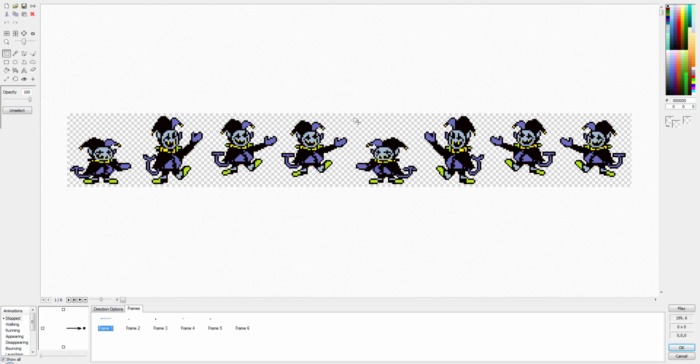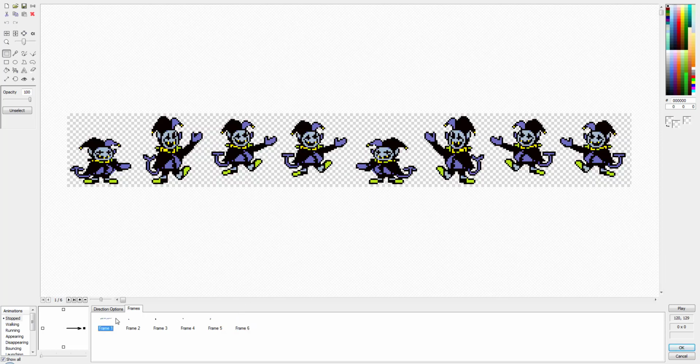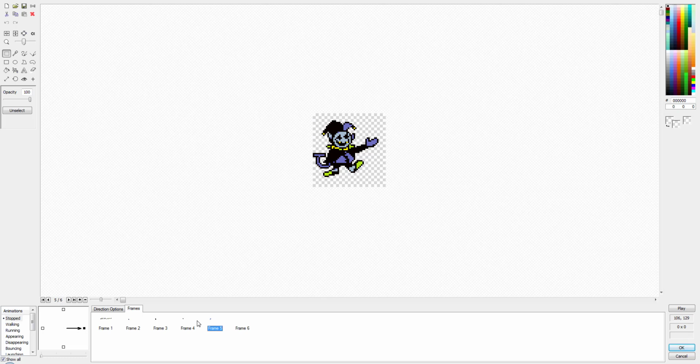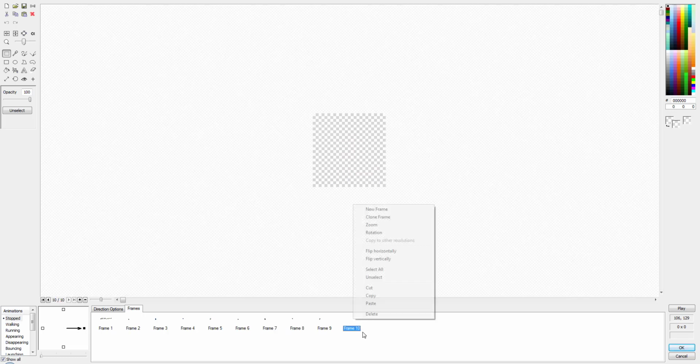Now that I've made it halfway, here's a quick little tip. Rather than going through and copying all of these, you can notice they're pretty much identical to each other, just flipped. So what we can do is hold down Shift and select all our first 4 frames of the animation, press Ctrl C, go on the last frame, press Ctrl V, remove the empty frame,